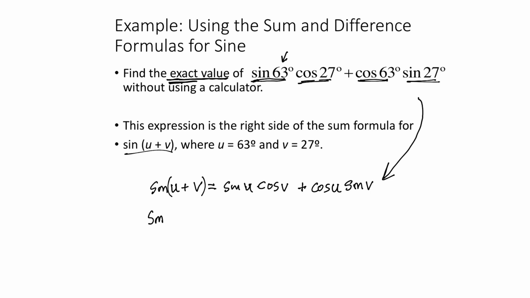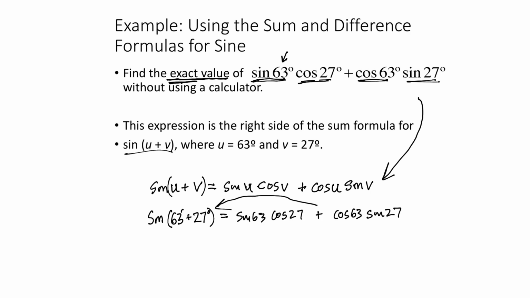Since it's in that form, this will be equal to the sine of 63 plus 27. This is what I had, sine of 63, cosine 27, cosine 63, sine of 27, right? So I'm using the formula in the other direction,